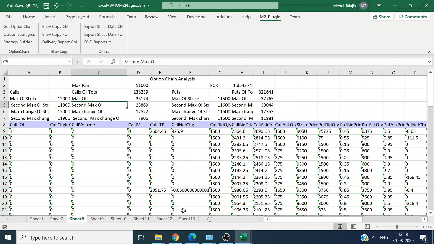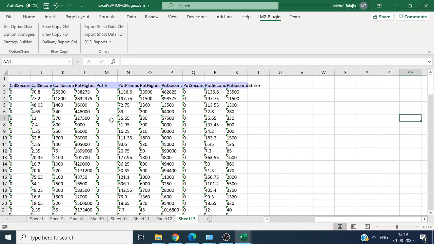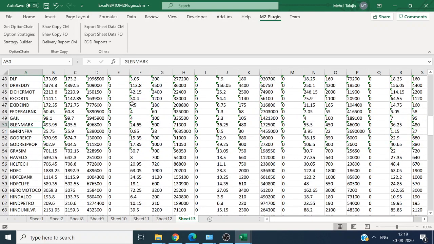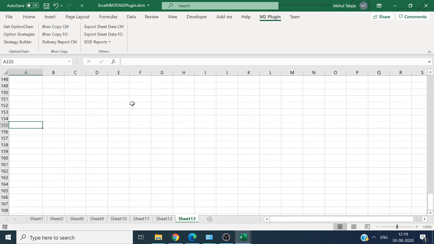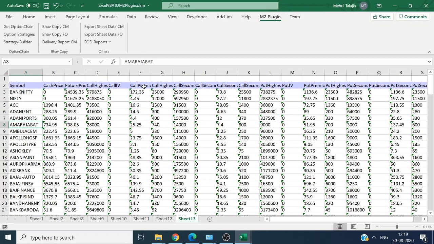This is for only one option chain, but at EOD level you will get this for all the strikes. You get the highest call and put, and the second highest call and put, for any given strike.